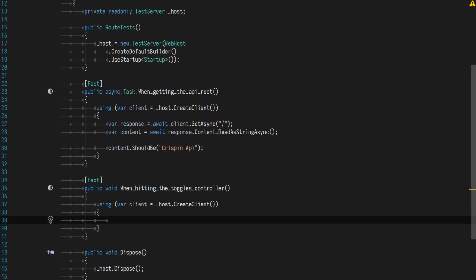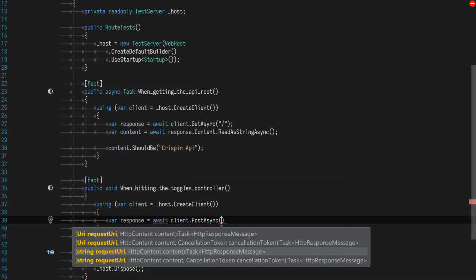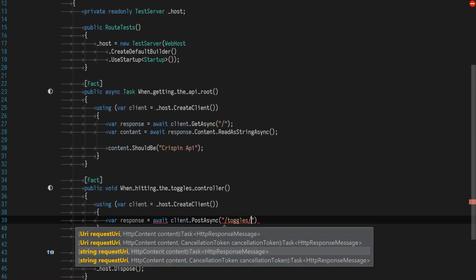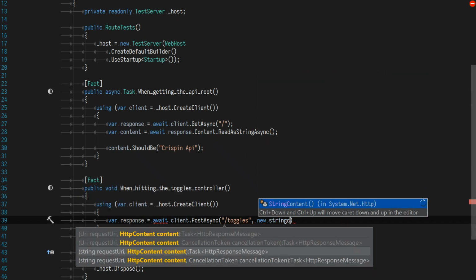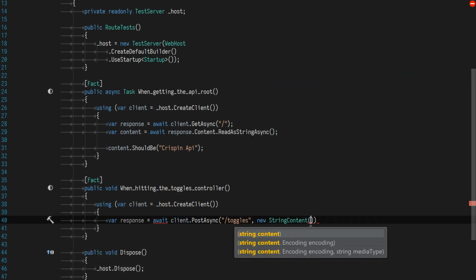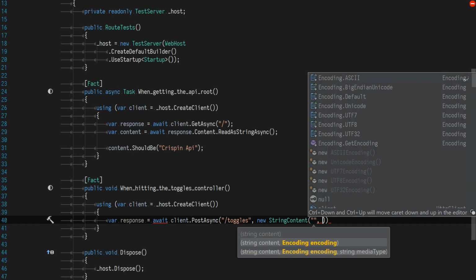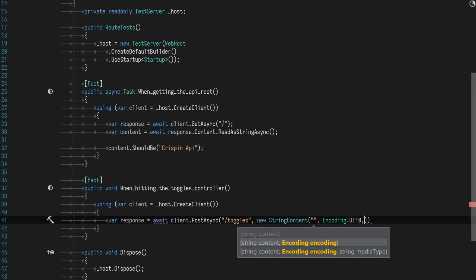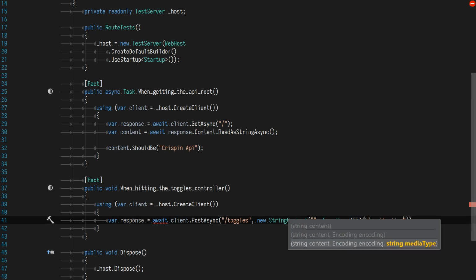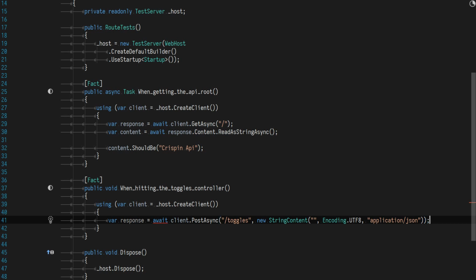This time we shall say var response equals await client dot post async to toggles, new string content, which will have some encoding, UTF-8 and application JSON. And our content will be